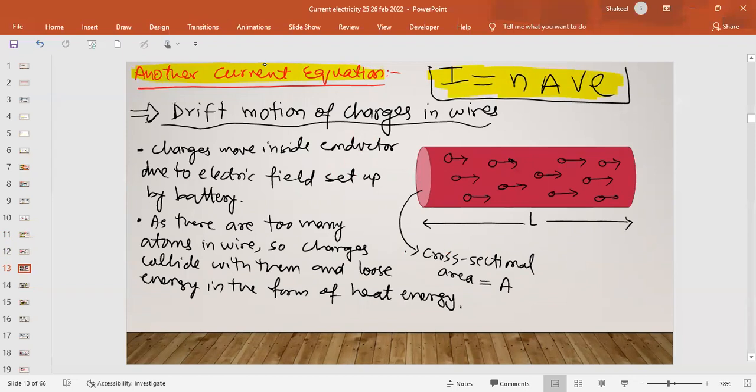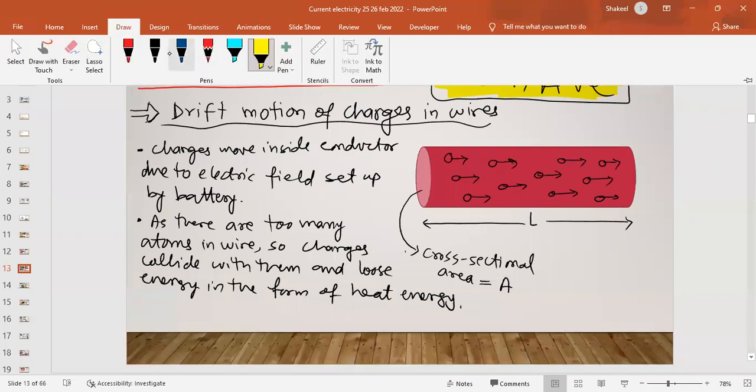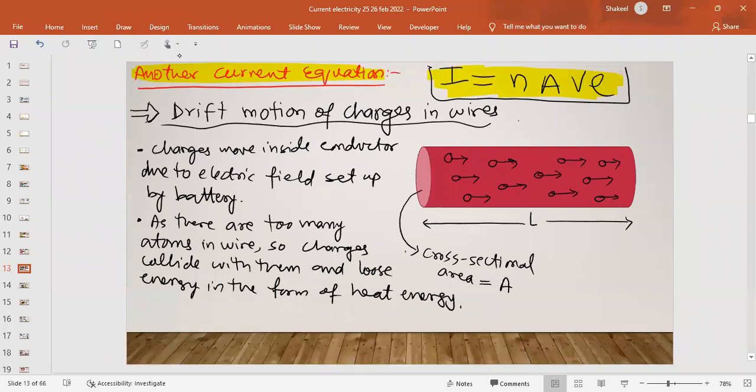But this is the equation which was included in a syllabus back in 2016, right? And well, what are the terms in it? I is the current, n is the charge density. It is charge density, number of charges per unit volume. Everything is explained over there as well. A is the cross-sectional area of the conductor, v is the drift speed of the charges, and